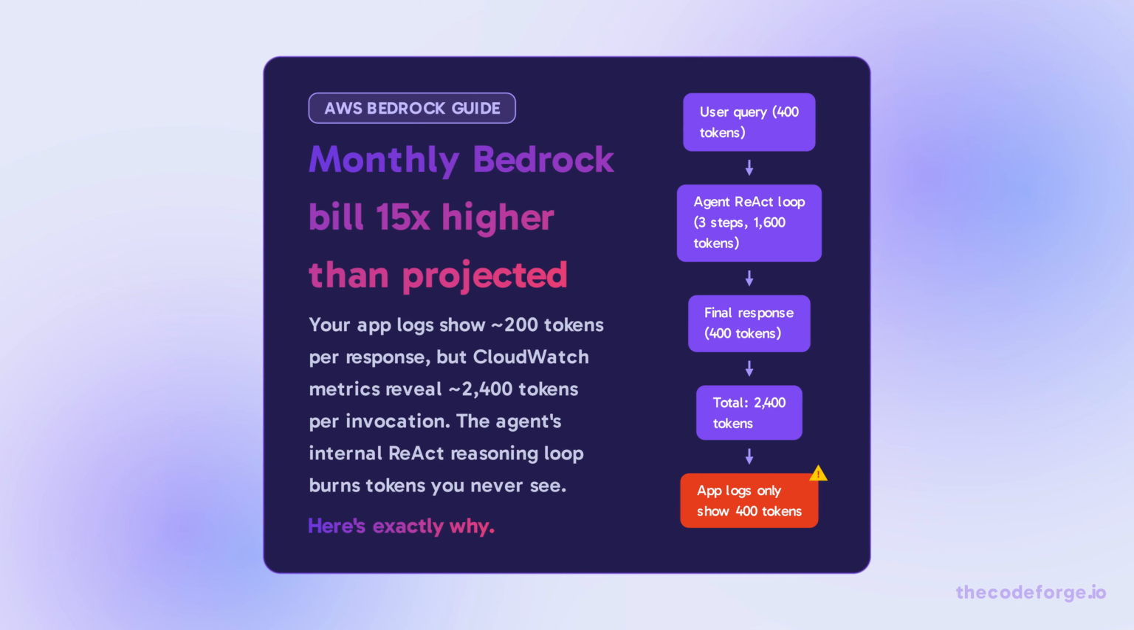The root cause? Bedrock Agents runs an internal ReAct-style reasoning loop that burns tokens for every step, deciding which action group to call, interpreting Lambda responses, and iterating, none of which appears in your final response. On a typical 3-step task, the agent consumes roughly 2,400 tokens per call, but you're only metering the 400-token final